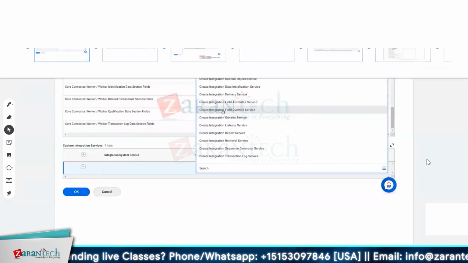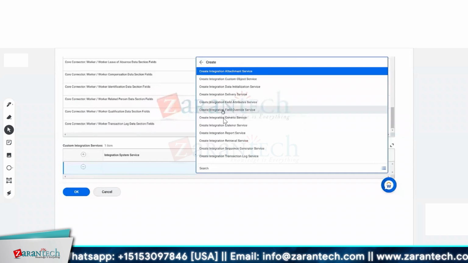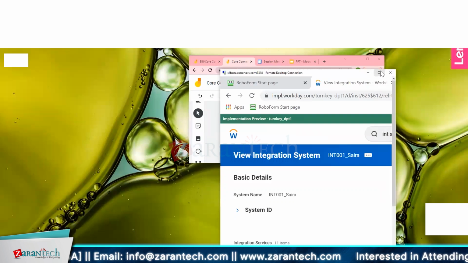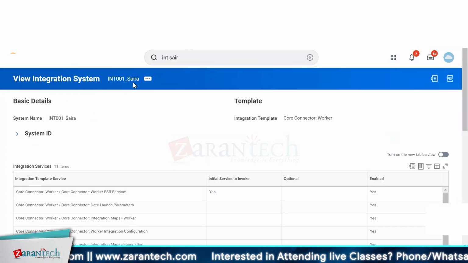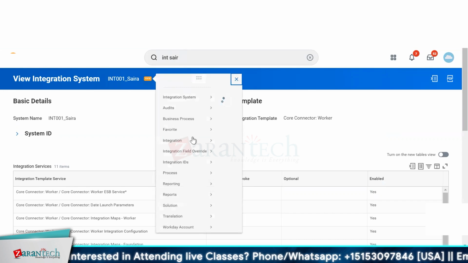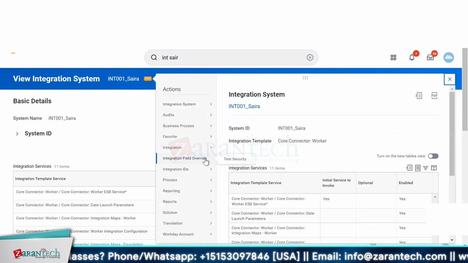Okay, so in terms of what you wanted to know, let me actually take a step back. If there's a specific field that Workday hasn't included in those data sections, but I know there's a calculated field and I really need the information from that calculated field, what I can do is just like how we were doing earlier with the field override. So where we selected, go ahead and choose the